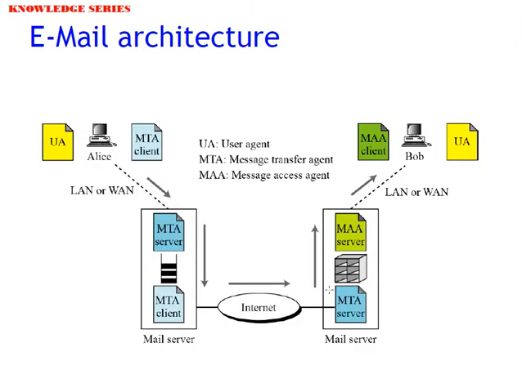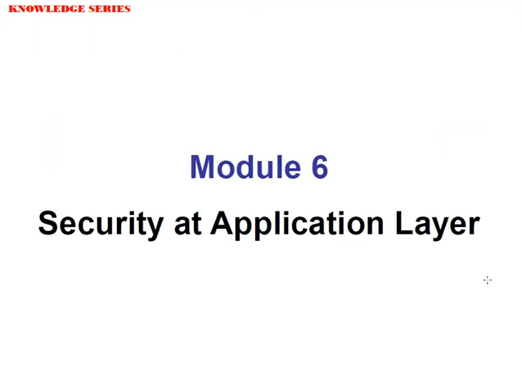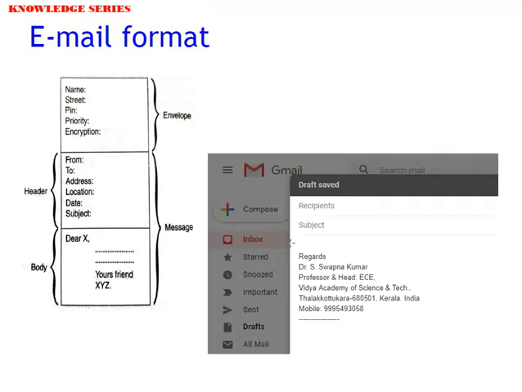So when Bob needs to retrieve the message, he will invoke the MAA first. MAA is the message access agent. The message access agent will respond, and it will display the number of mails that have arrived. So if you try to see here, it will say 2 messages, shown in a small bracket 2.